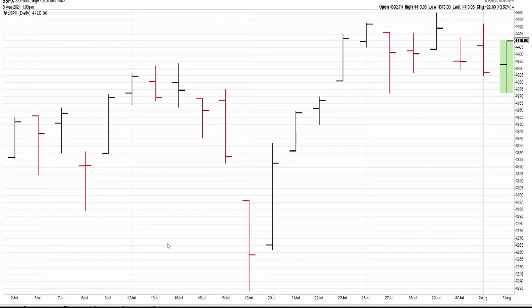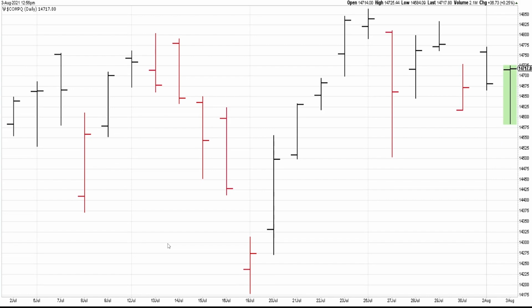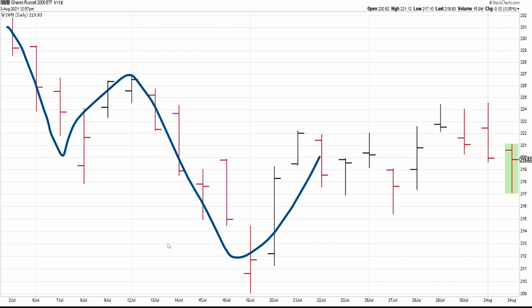Now, one thing that makes me feel pretty good about not recommending any stocks for a while is if you take a look at the S&P 500 over the last, let's say, month, you could see lots of zigs, lots of zags. We're going to sell off. It came back, and then it did lots of zigs and lots of zags. The NASDAQ composite is a little bit closer to the type of stocks we like to trade, since we do trade a lot of four-letter stocks, although we have quite a few three-letter stocks in the portfolio. But anyway, you can see the NASDAQ was also all over the place, and maybe the Russell 2000 is a little more indicative of the stocks we like to trade. And you can see it was really all over the place, lots of sideways action and a slide or two in between. So that type of action is not good for the trend follower,